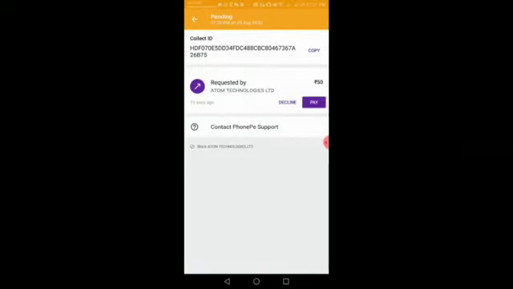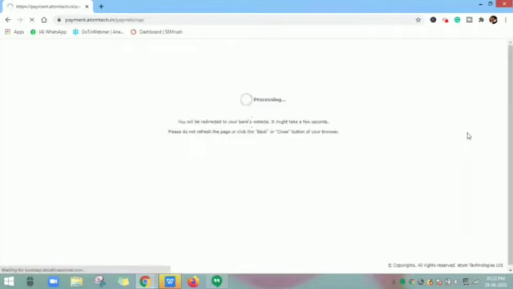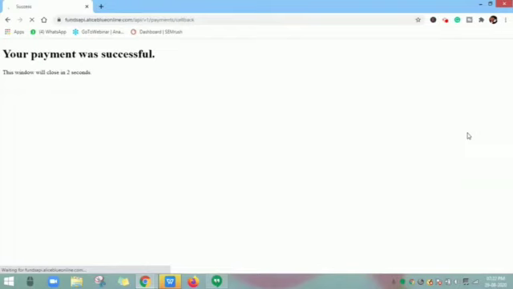A payment message from your UPI app will pop up on your mobile. Select it and add fund. After payment successful, you will be getting a message on your screen.